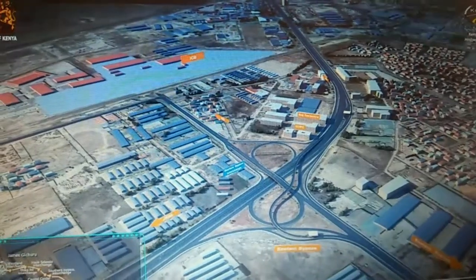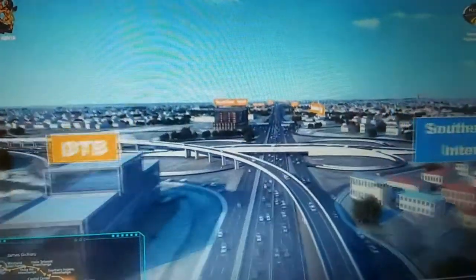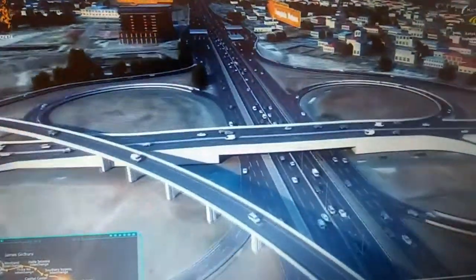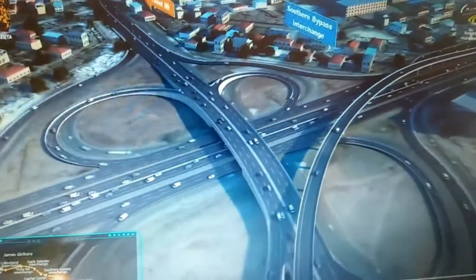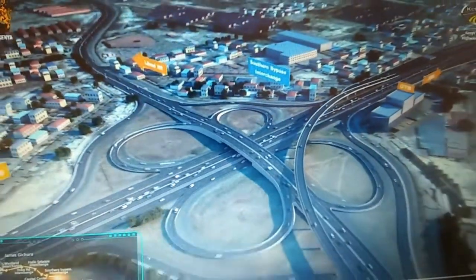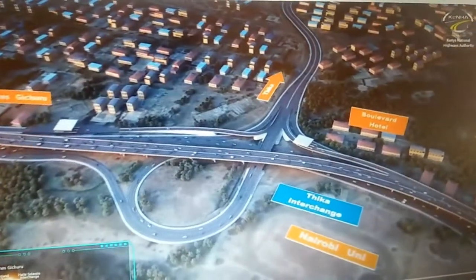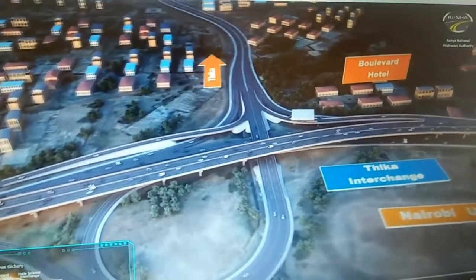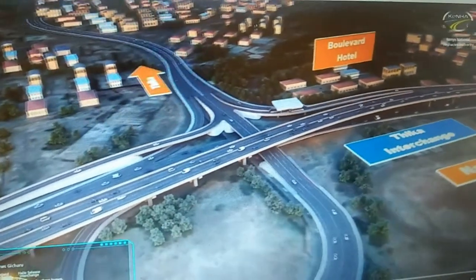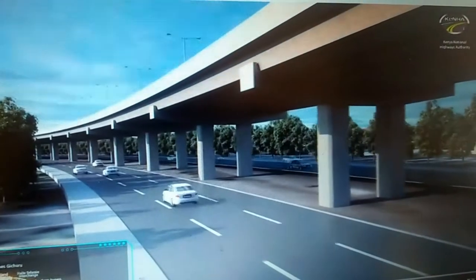China Communication Construction Company, the parent firm of China Road and Bridge Corporation, is funding and building the highway. The project is being developed in a public-private partnership model, PPP, with a 30-year concession and $977 million US dollars, which is equivalent to 109.8 billion Kenya shillings, as dividends and other incomes from the